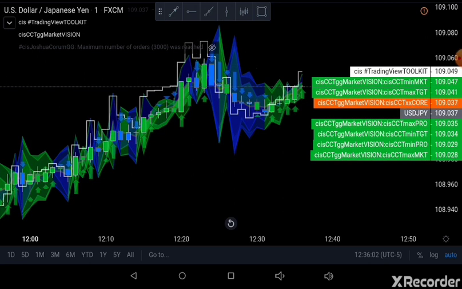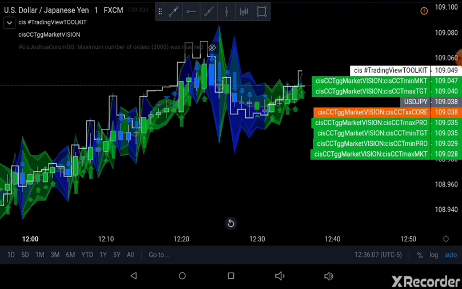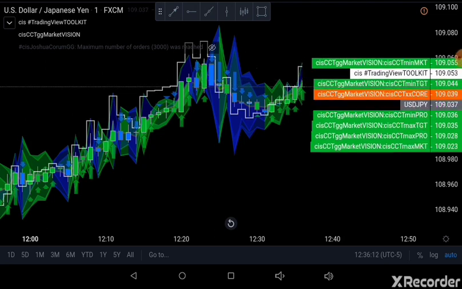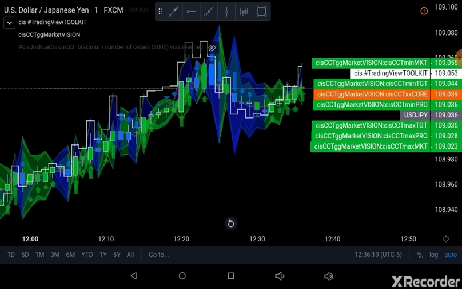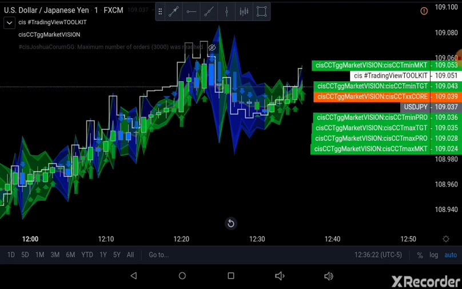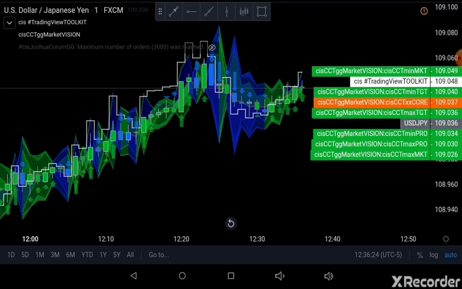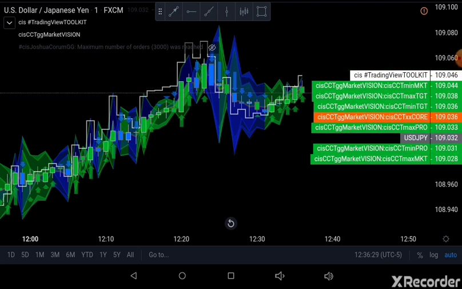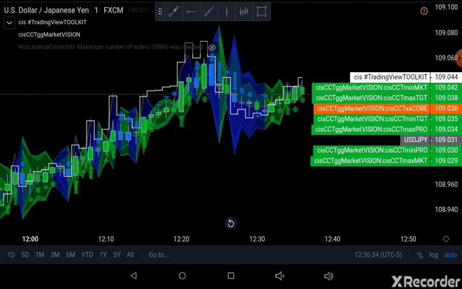So right now we would be looking at this current level. We've made now better than a pip and a half on our initial trade, and we're back up, just peaked up above that 109.04 area again. My next target is up at that 109.043, but you see how there's inversion that came in. Our minimum level shifted to the top. I'd exit my trade at that 109.04. Right? I would take my 2 pip gain, or my pip and a half gain, I'm sorry. Take my pip and a half gain,